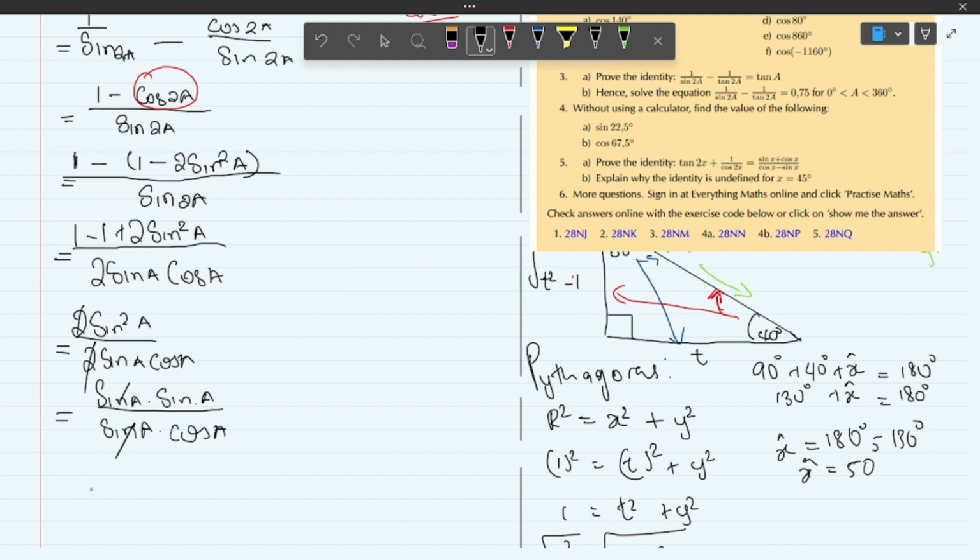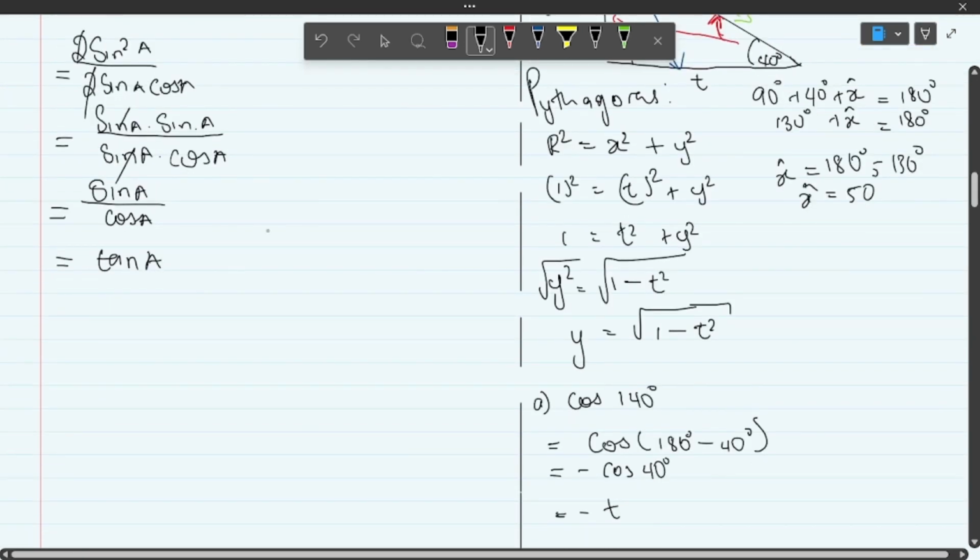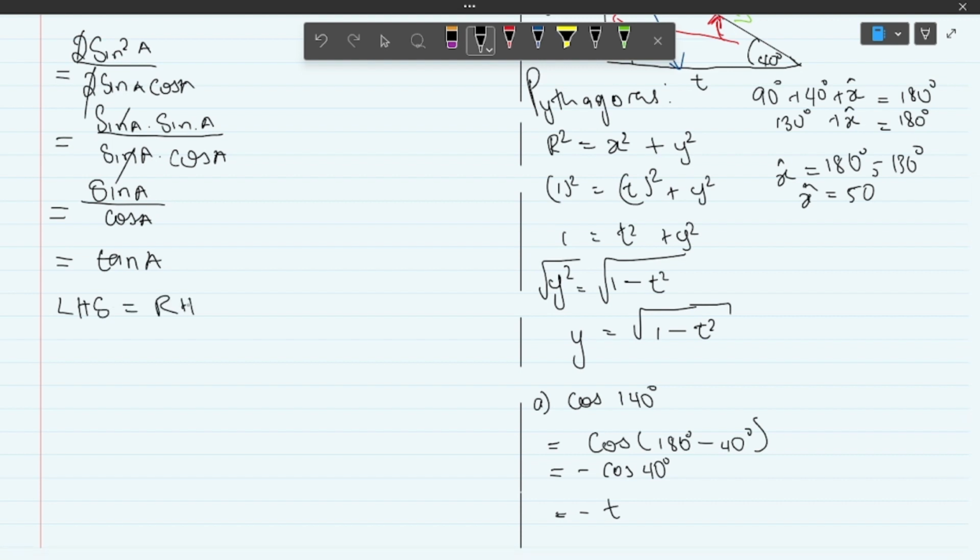So lo sine a khansilishana lo sine a, and then we are left with sine a over cos a, yabo. So sine a over cos a ngu-tan a guys, yabo. So indeed i-left hand side yalingana ne-right hand side,